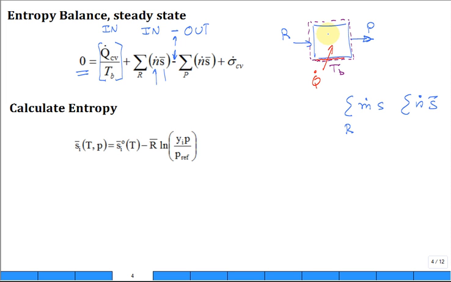And then we have sigma dot. If there are any irreversibilities occurring in that control volume, then that's like an in, it's a generation. That's why there's a plus right there. So that's what we have: the sum of in plus in minus out plus in is equal to 0. Hopefully all the signs make sense to you. So how do we calculate this